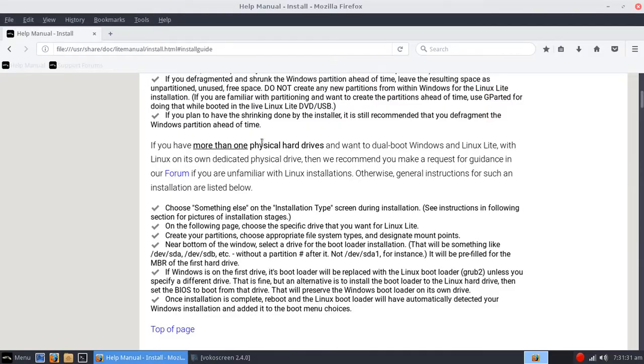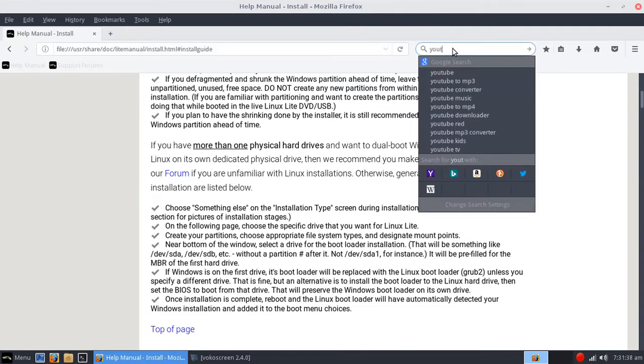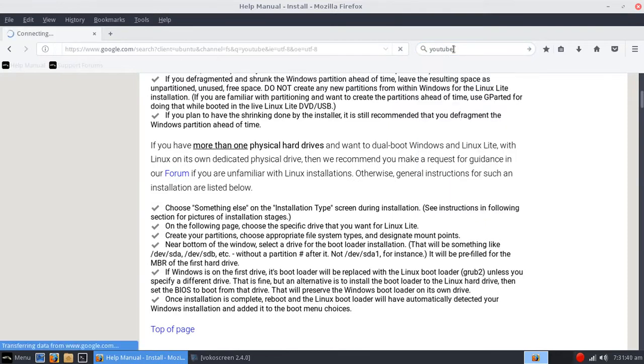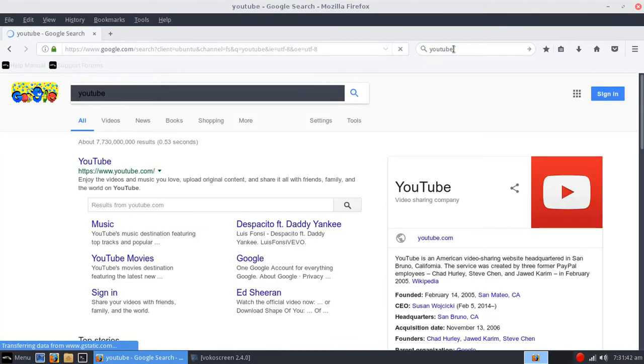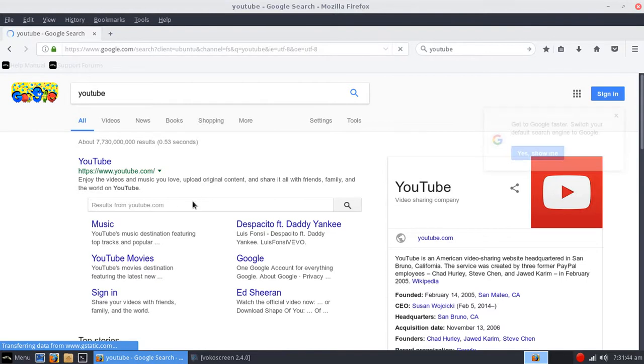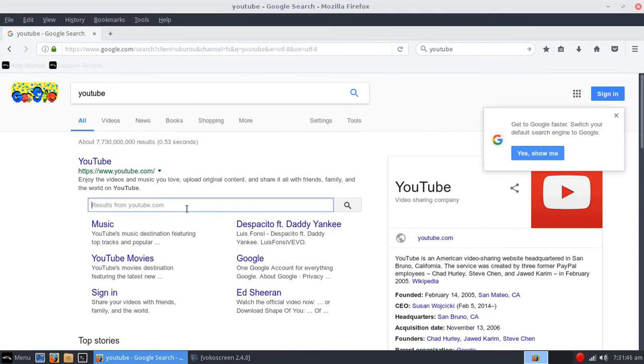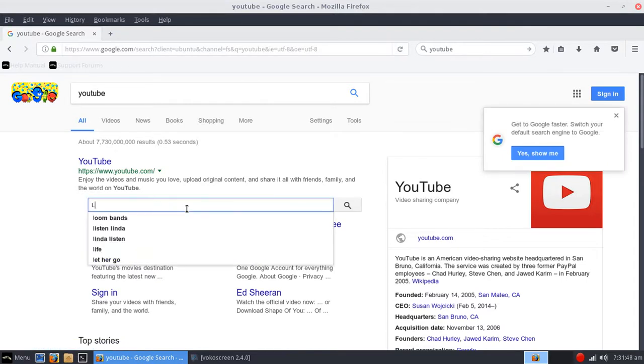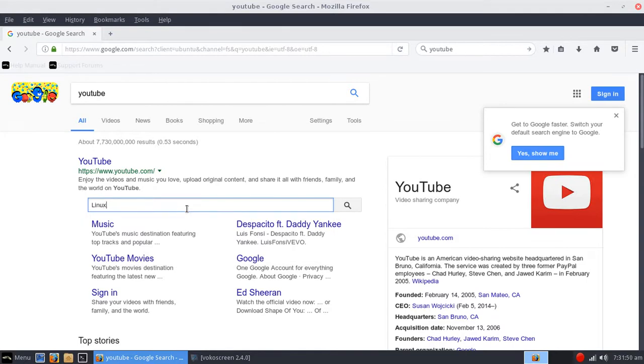Okay, what I'm gonna do is do this and type in YouTube. And this is what I would do. Just type in Linux Lite